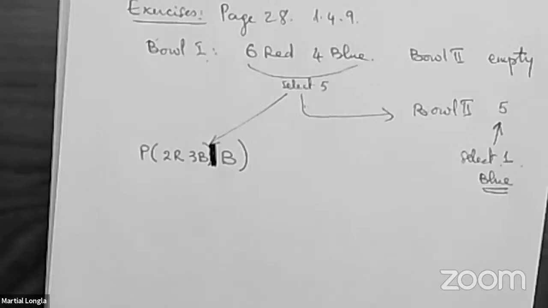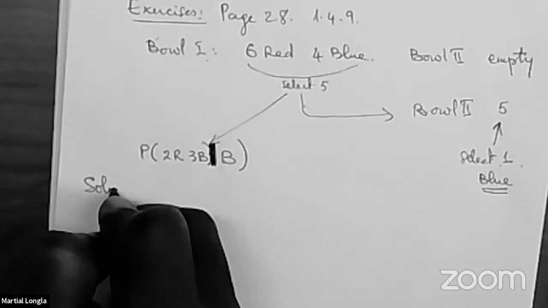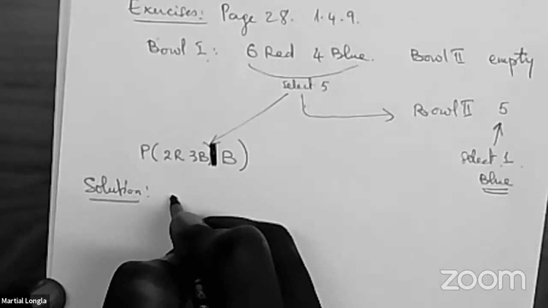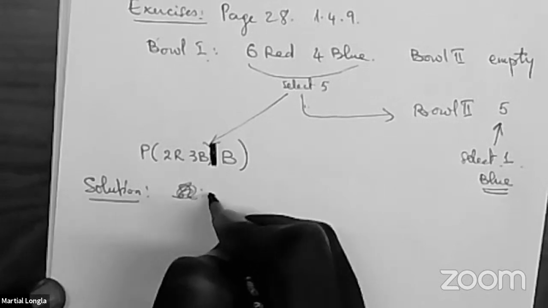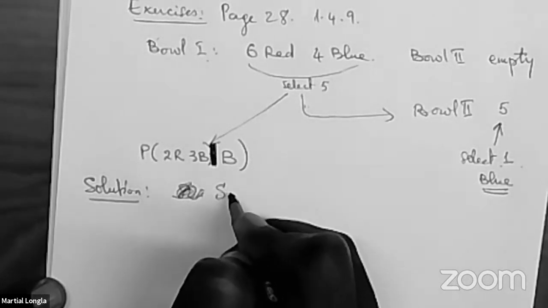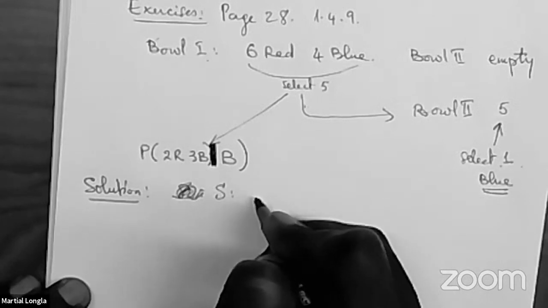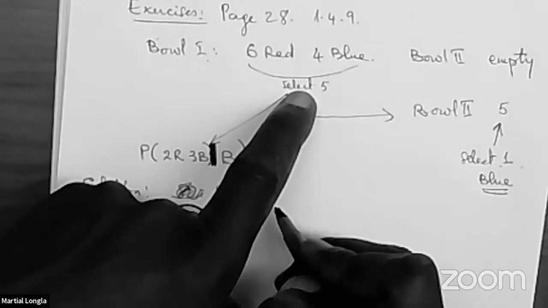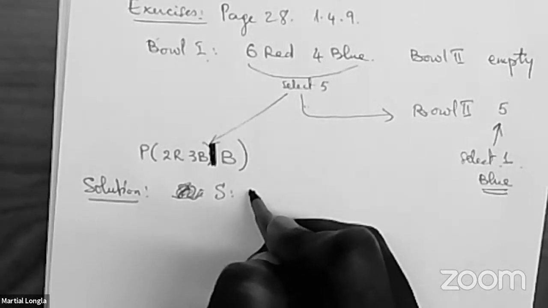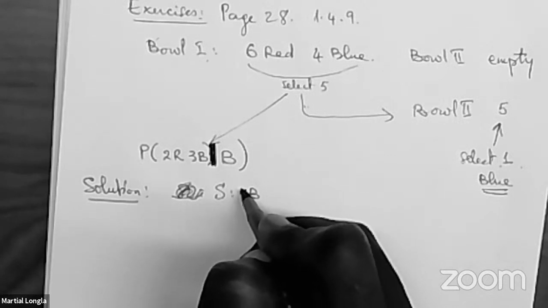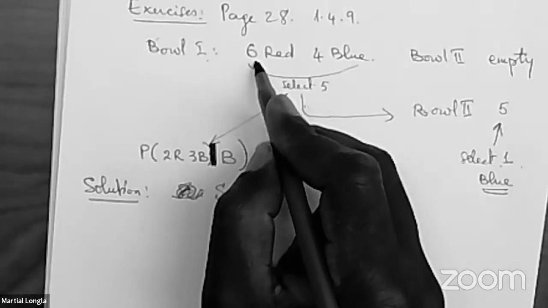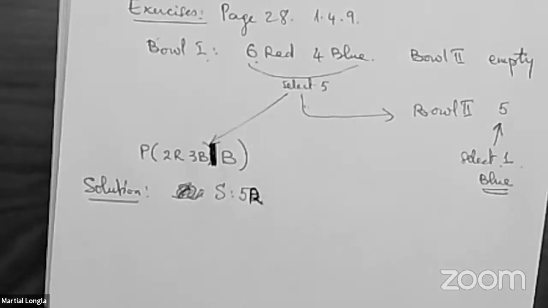All right, so solution. We start by here, omega. Let me call it S as I used to. We put all the options that we could select here. That's the subdivisions of S. That could be 5 red. We could select 5 red. Could we select 6 red? No, because we are taking 5 chips. We can't get 6. So it could be